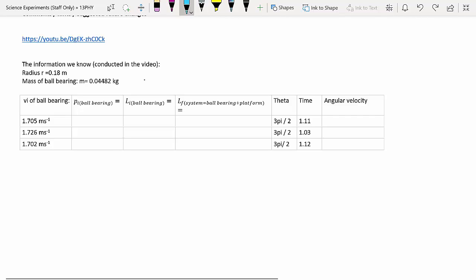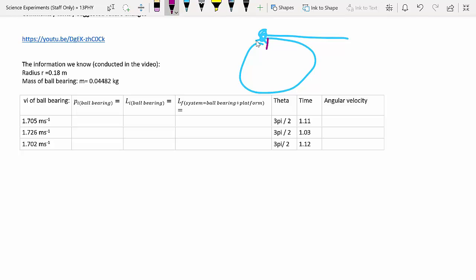So from watching the video, I was able to get this data: there was a radius, so there was a circle, and a ball bearing came in and collided at the radius of that circle. We're saying that radius is 0.18 meters, and the mass of the ball that hit the circle was 0.04482 kilograms, and it causes it to rotate